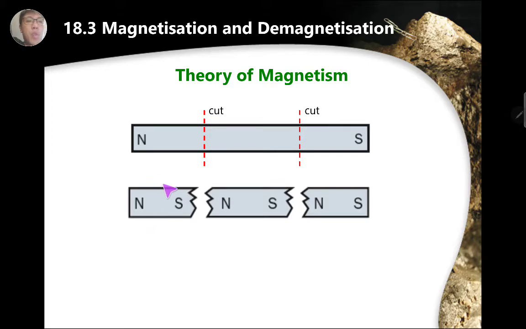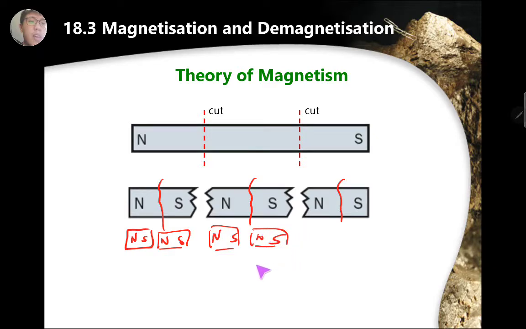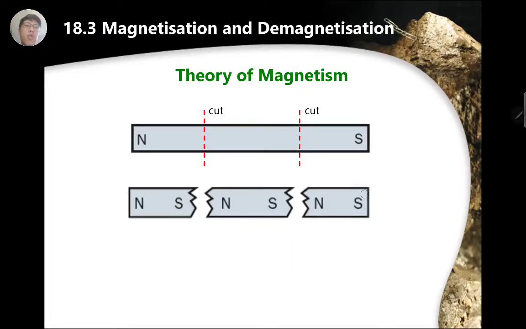So what happens if you were to cut it here and here and here again? You get a north-south chunk and a north-south chunk, same here, and you'll see that this just keeps happening. Use your imagination and just keep cutting until you cannot cut anymore. What do you get? You get little pieces of magnets, right? And so what can you conclude? You conclude that theoretically,